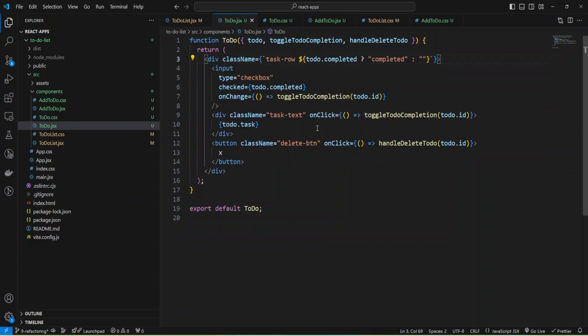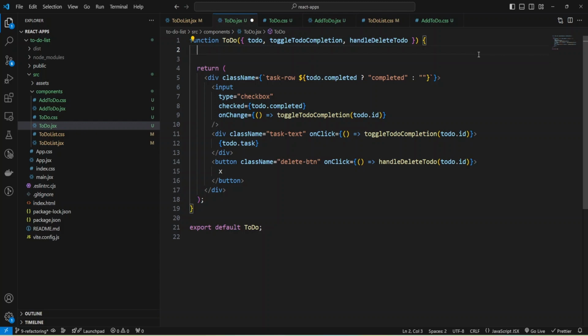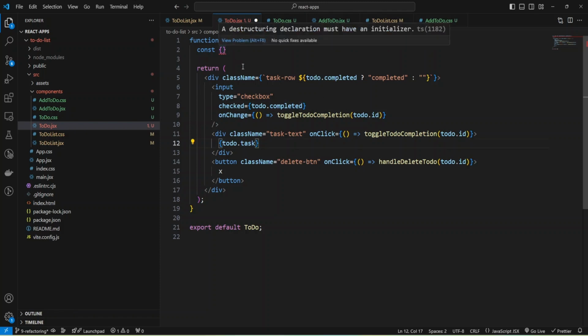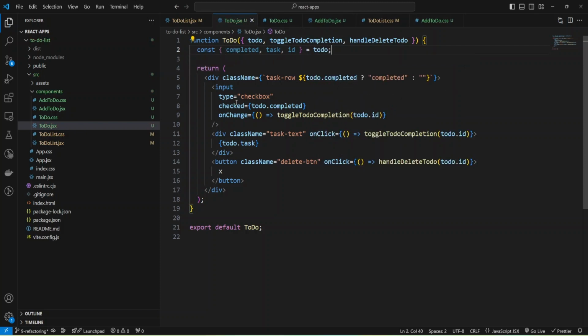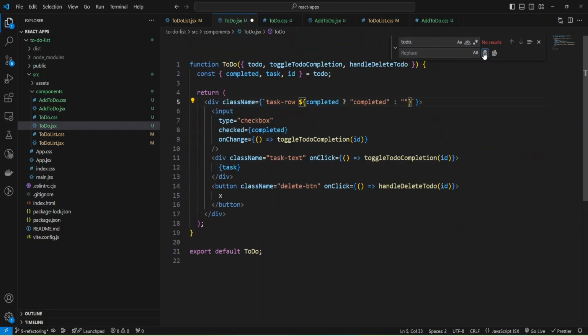Okay, and we can simplify our code a bit using object destructuring and provide here const and just destructure all these completed task and ID from our todo, and we can remove this todo, and I'm going to just replace it with empty values.